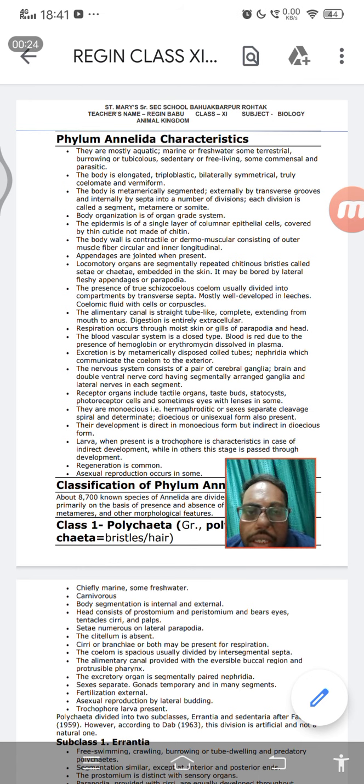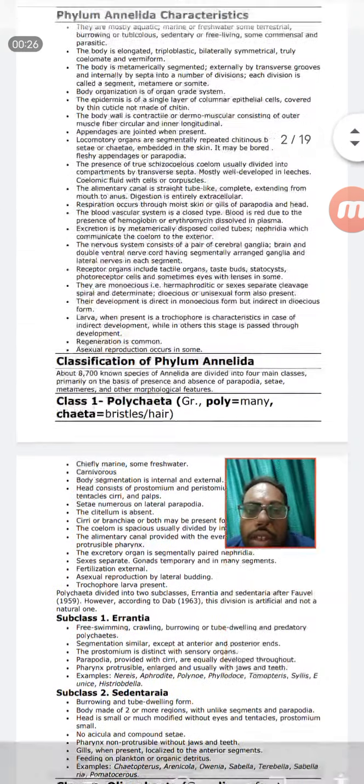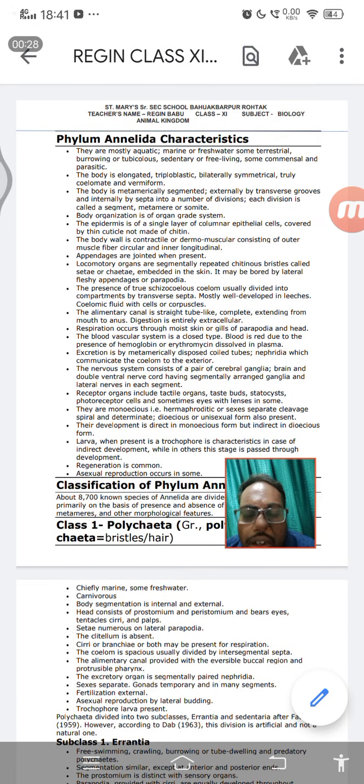How many bio students are there in plus one? I don't know. I heard only a few students, but I am not exactly sure. It is very good if you can solve those questions. Don't take it lightly, so that you can score good marks in plus 2 also if you practice those things. Plus you will have good knowledge in the subject also.